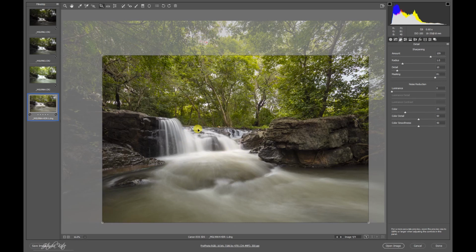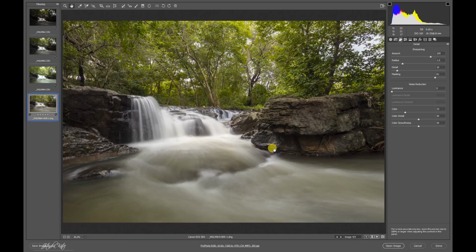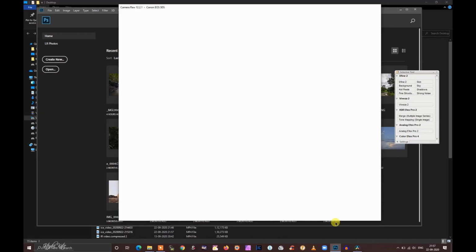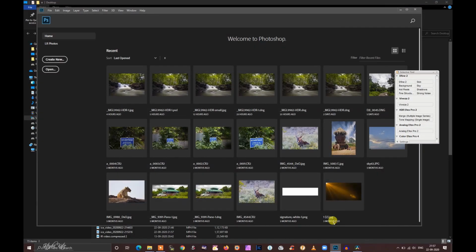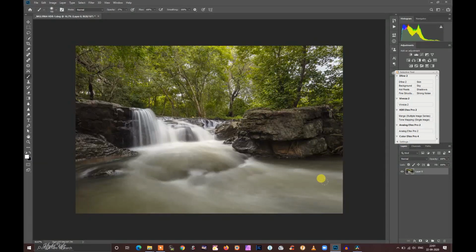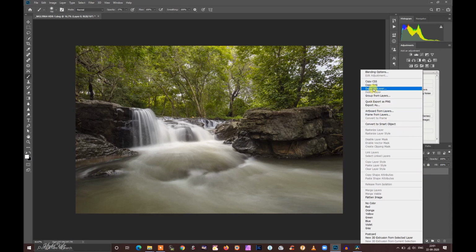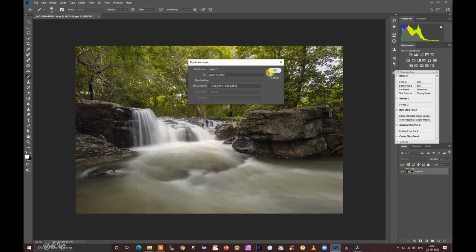So I will cut it out. Now I think we can open this image in the main program. Now this image is here in the main program of Photoshop. I will duplicate this layer